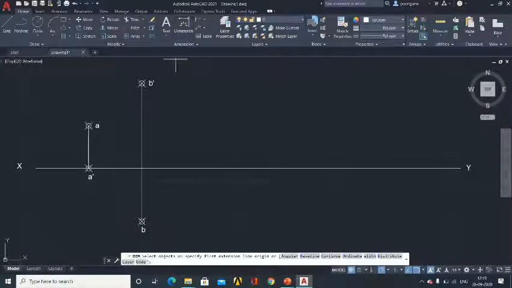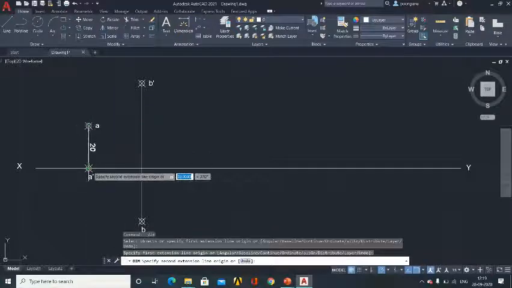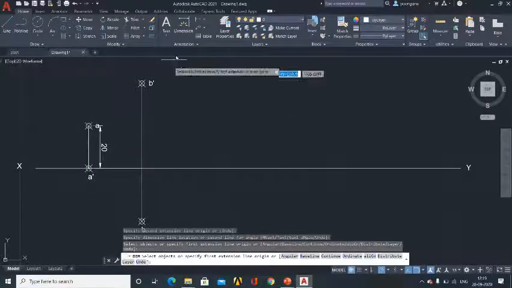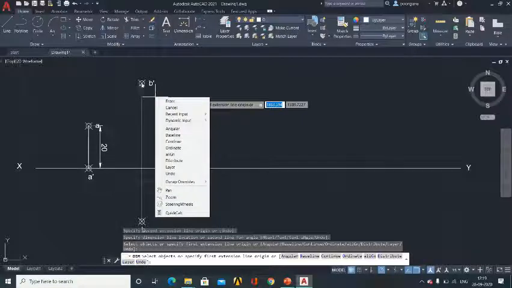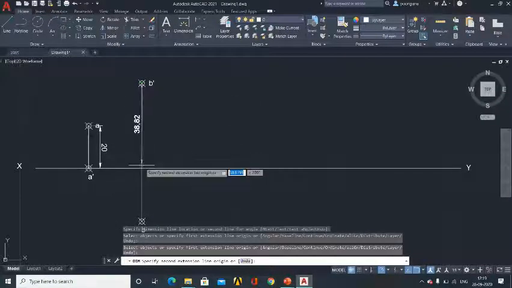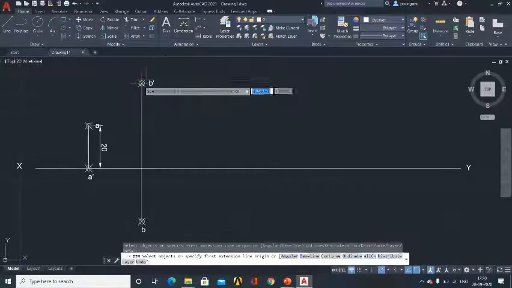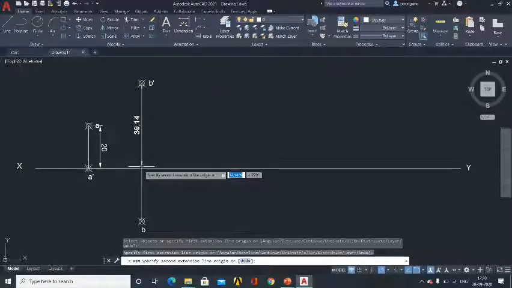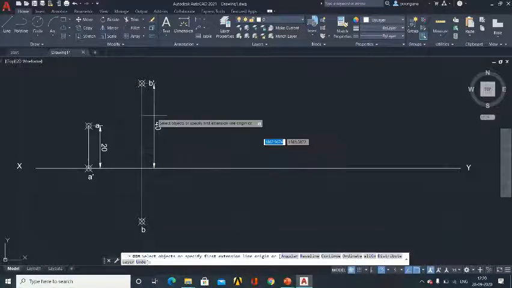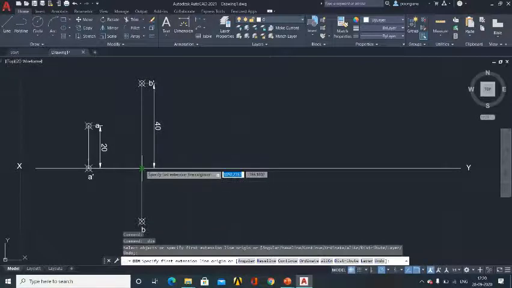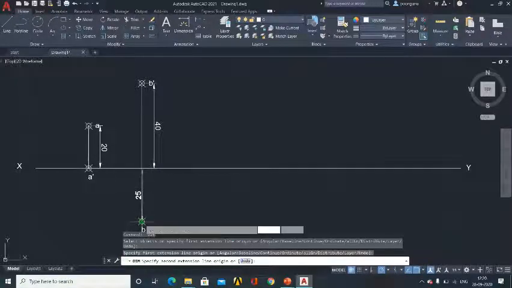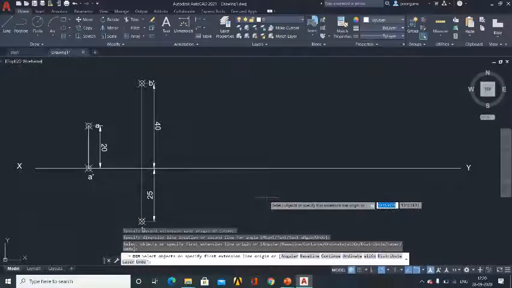If you want, you can give the dimensions also. Here you will have only one dimension, 20 mm. You see the dimension is already selected. You can continuously use it. Yes, so we have done the dimensioning.